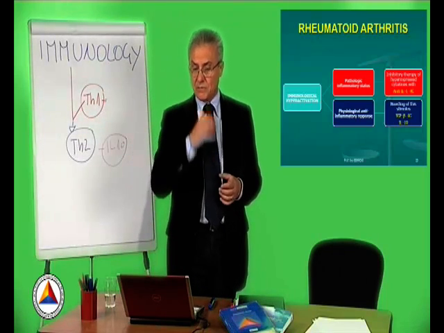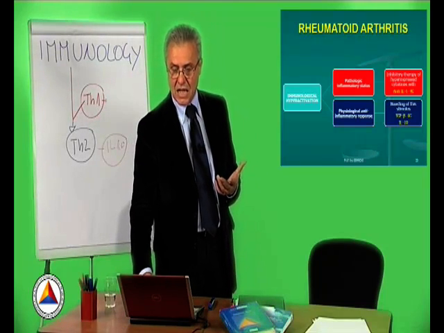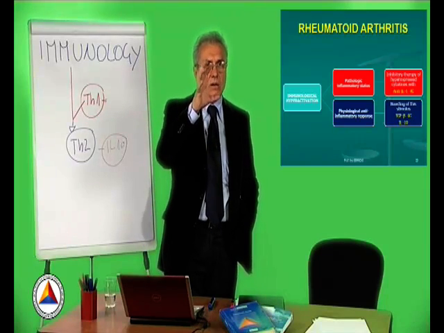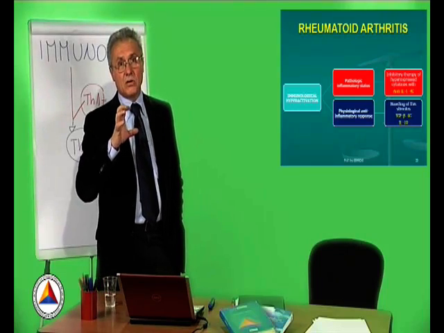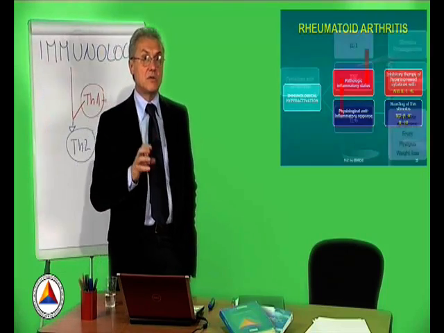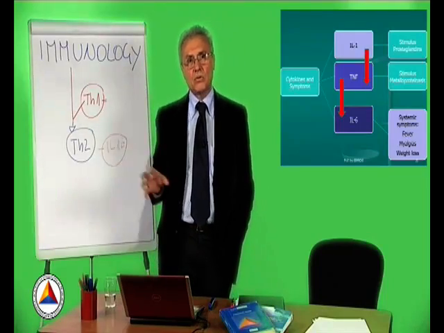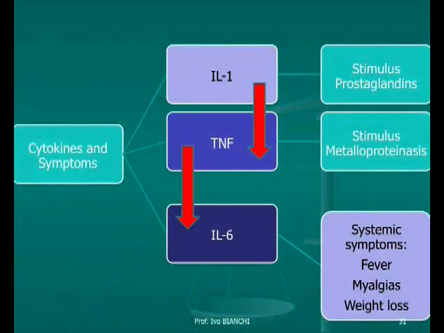So basically, what happens? What is the pathogenic pattern? In this disease, the first inflammatory stimulating element will be interleukin-1. Interleukin-1 activates the cascade of inflammatory prostaglandins. In addition, the interleukin-1 stimulates the tumor necrosis factor alpha. That, in turn, goes to stimulate the metalloproteinases that subsequently damage the cartilage. But this is not the end of it.